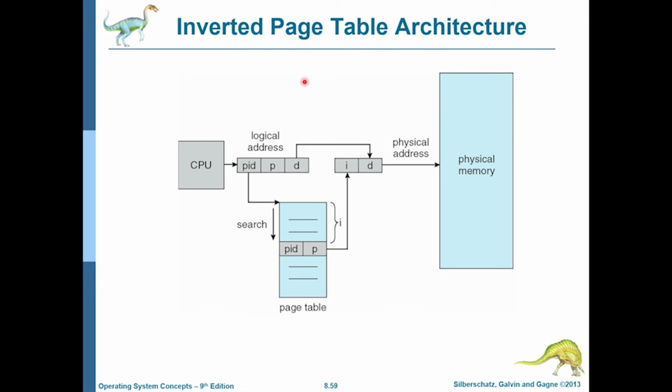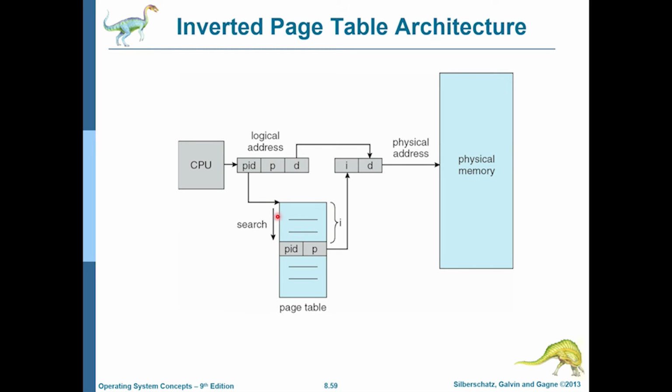Let's look at the third mechanism using which we can avoid having too many page table entries, and that is called inverted page table architecture. So this diagram again makes it very clear. When you generate logical addresses, we also take into account the process ID, and as always we have the page number and the offset, the page offset right here. So we take the combination of PID and the page number, and then we do a linear search inside a page table. Now it is not guaranteed that this page table is sorted according to the page number. It is not. It is actually sorted according to the frame number.